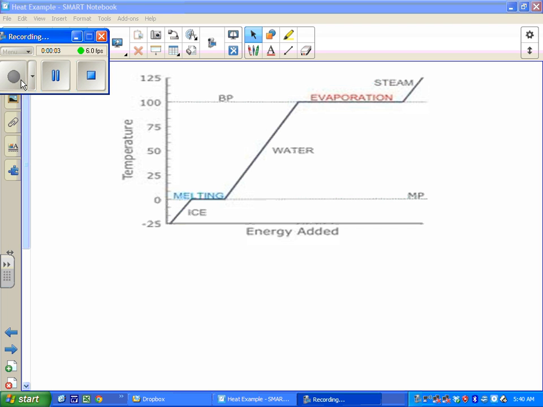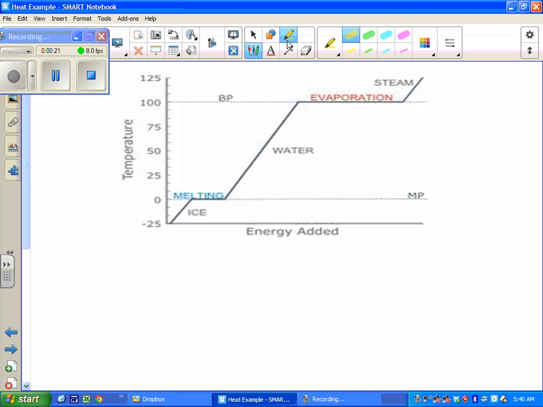Welcome back. In this tutorial, we're going to look at heating up a substance through phase changes and calculate the heat added or heat lost. So here is a graph. It is a graph of water, and you can see what happens if we start with ice at the bottom